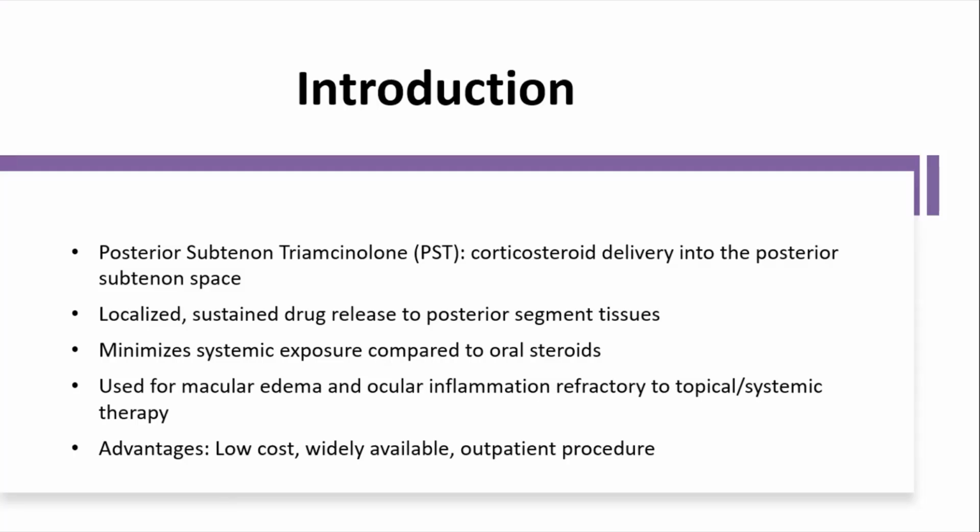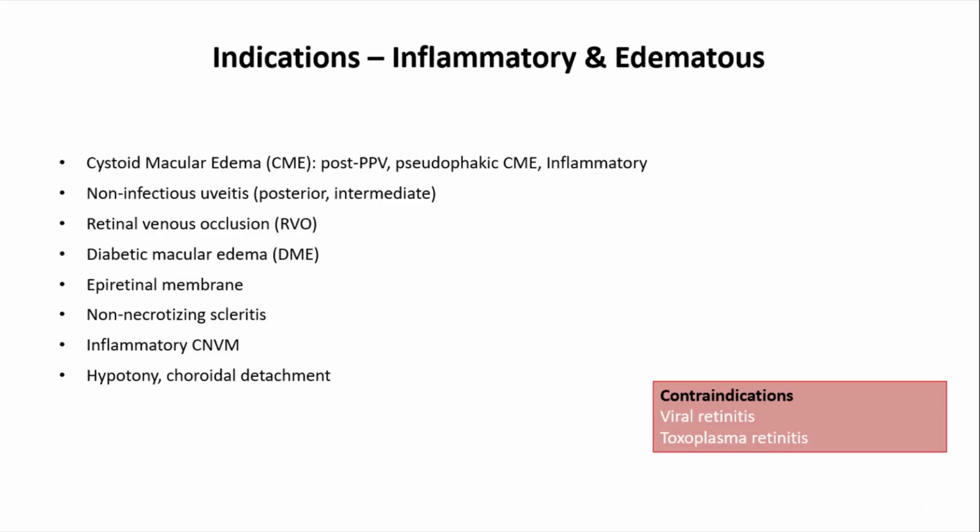it can also be used for macular edema and other ocular inflammation, which is refractory to systemic therapy. The advantage: it's low cost, widely available, and it can be done as an OP procedure. Indications: we can use it for cystoid macular edema, not only inflammatory, for other non-infectious uveitis sequelae. Can be used for edema following retinal vein occlusions, diabetic macular edema, ERM, and rarely it can be used in